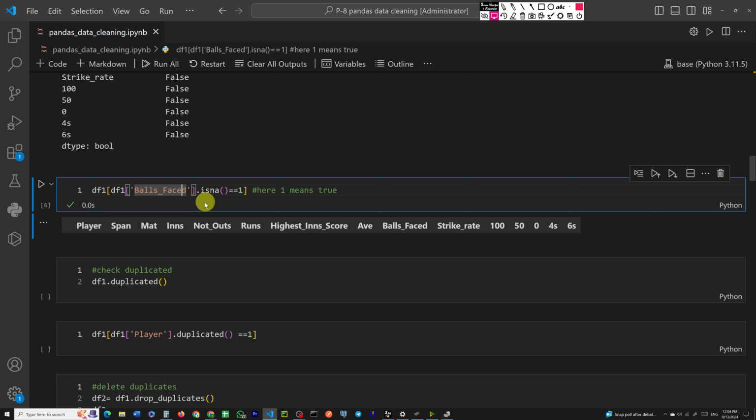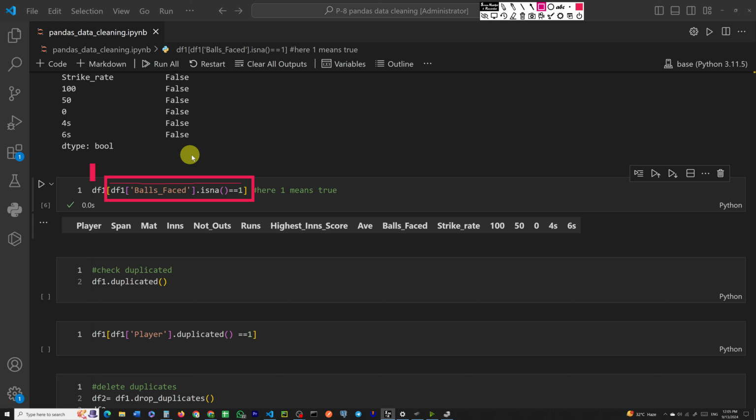This column of the data frame, the isna function, is that this null function is true. This whole thing is the condition, and this is the data frame. Understand? If this condition is true,